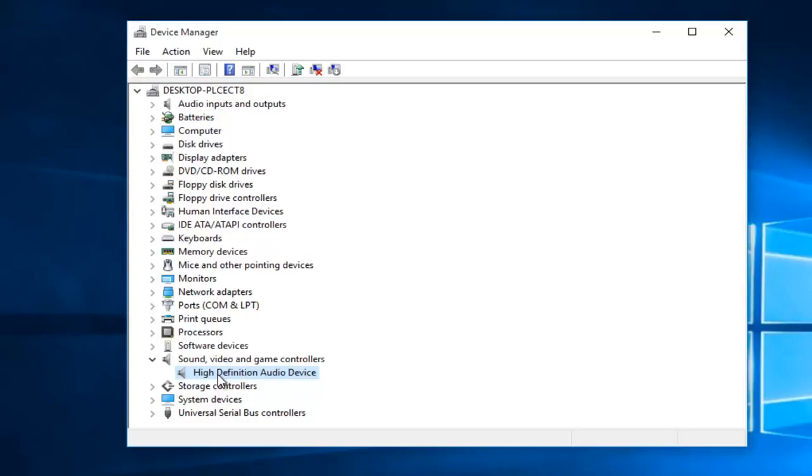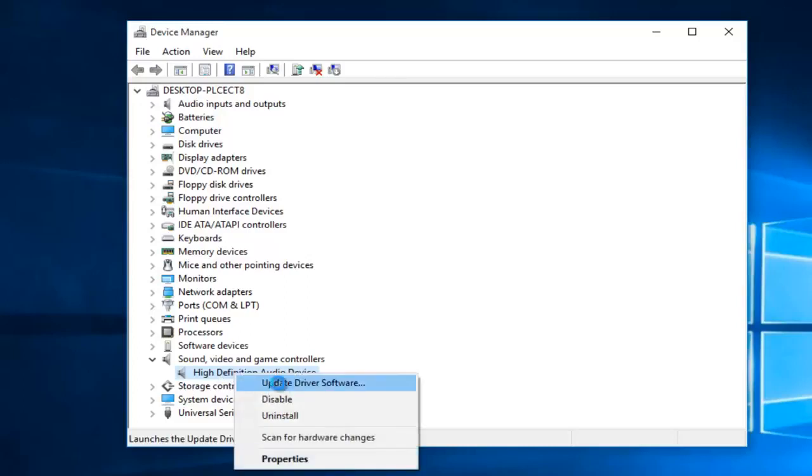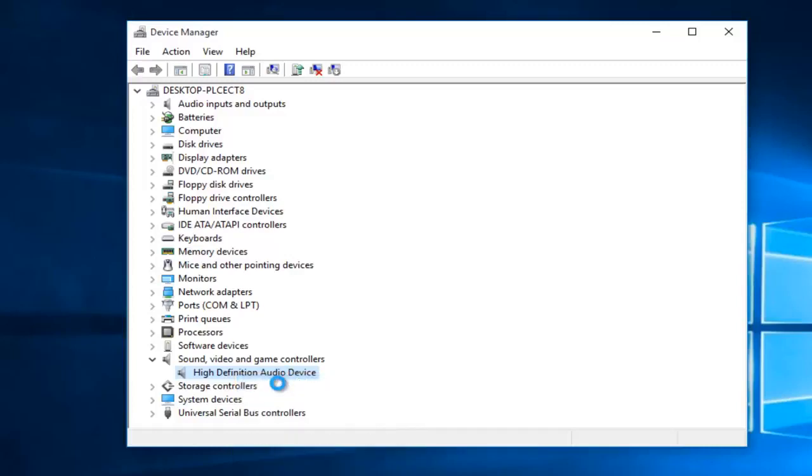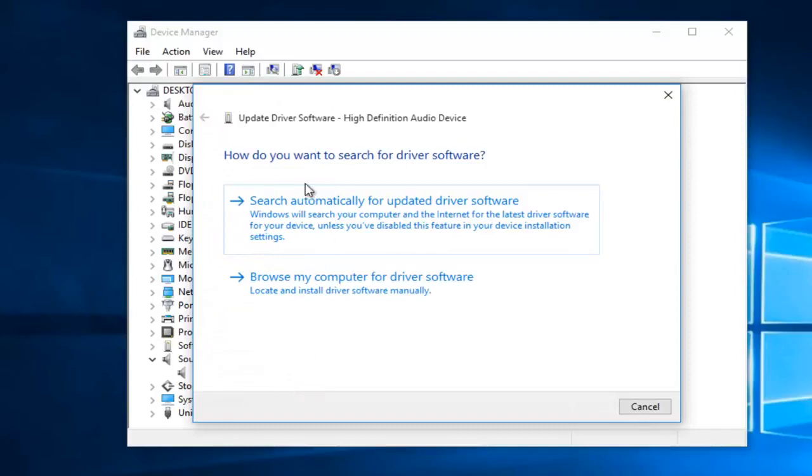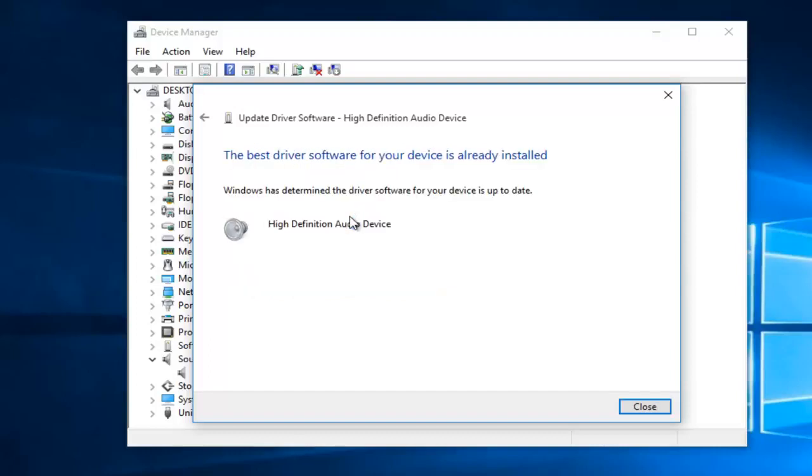So what we're going to do is right click on our audio device, and then left click on Update Driver Software. So the first option here would be to search automatically for updated driver software. And the second option here is to browse my computer for driver software. The first thing we're going to do is see if we can try to update our driver software automatically, because it is the easiest way to do it if you can do it this way. So we're going to click on the first option,